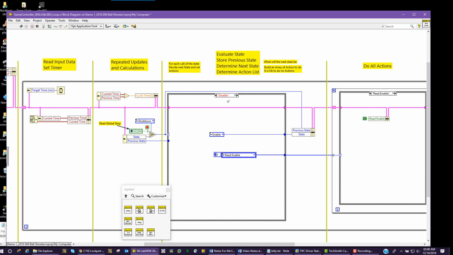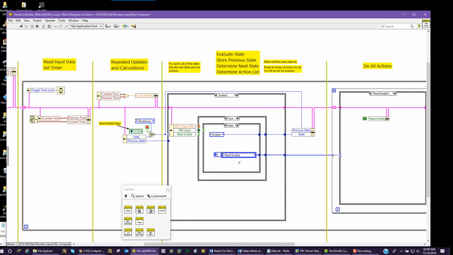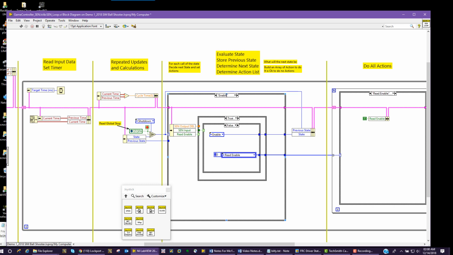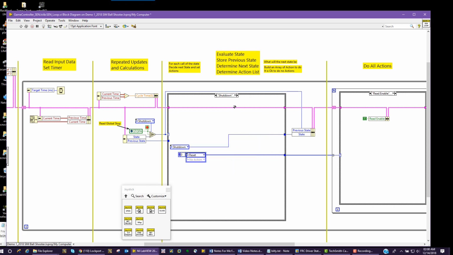And so if we go to the disable state, you see disable, since it no longer exists, it's now in red, and we can just right click and delete this case. Enable is now duplicated, so this was one enable, and this is another enable because we got rid of the reset. We're going to delete this one. And so then when we're all done, all cleaned up, and you see now we're back to having a nice